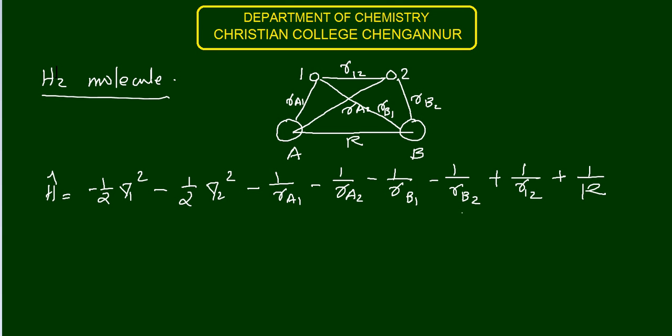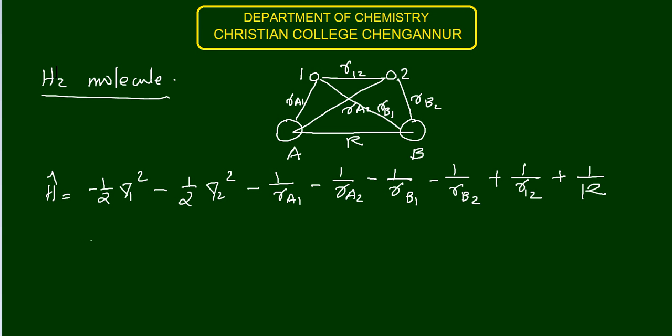Okay, so solving the Schrodinger equation for this system is not going to be easy. Actually, it is not exactly solvable because of the electronic repulsion term in the Hamiltonian. Okay, this term is the problem, and therefore we can